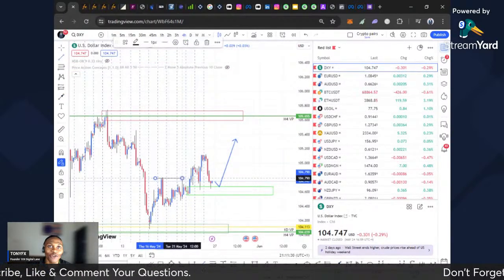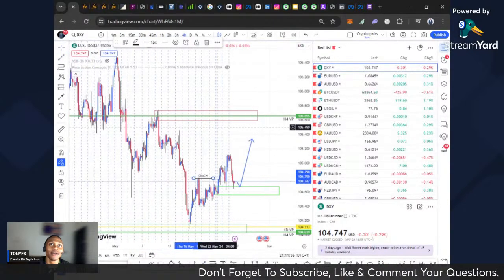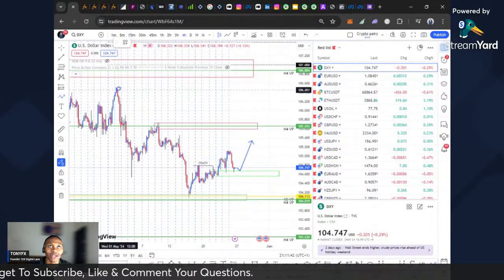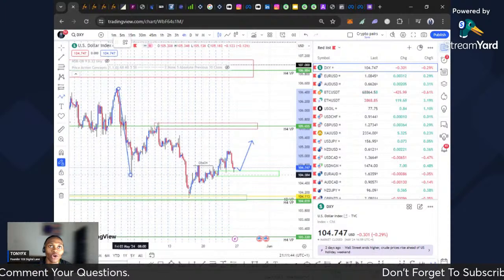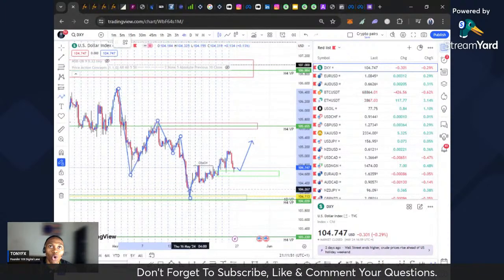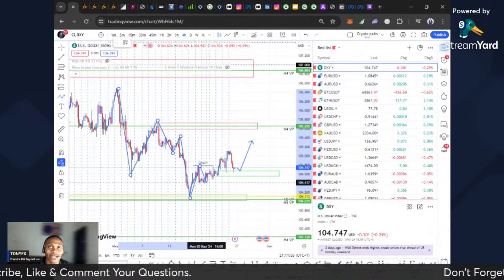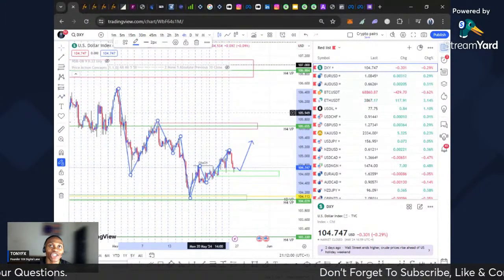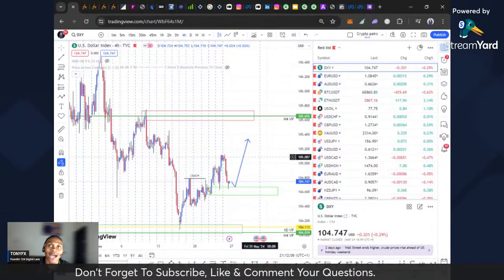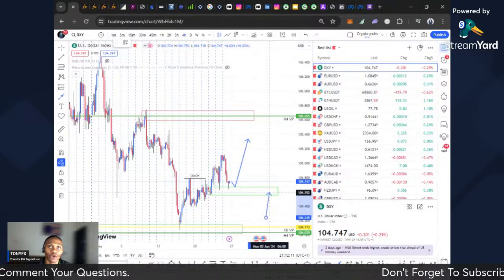Why do I see demand over here? This is a change of character, whereby the trend has moved from being bearish in structure, creating lower lows and lower highs, to creating a high, then a lower high and then a higher high. This is a change in structure. Not to get things complex for the beginners, we are now on a bullish trend for the dollar. So we're looking for buy opportunities for the dollar, and the dollar came into this demand zone.